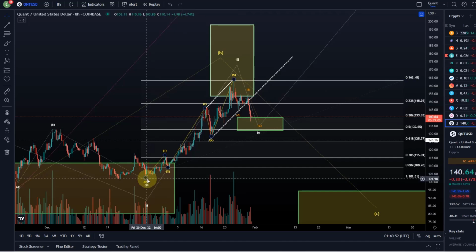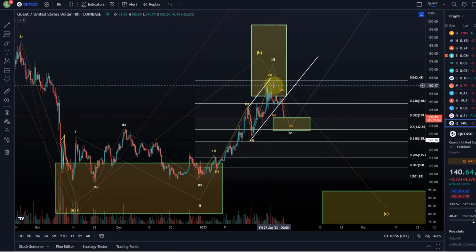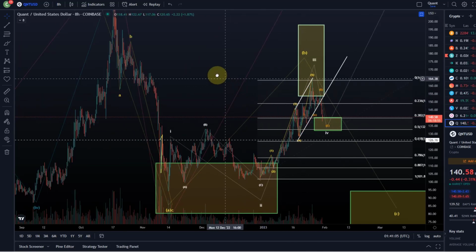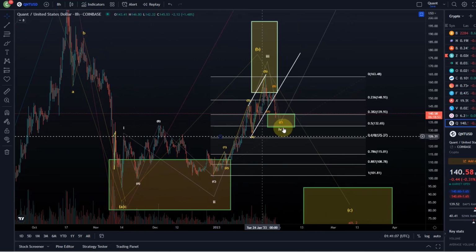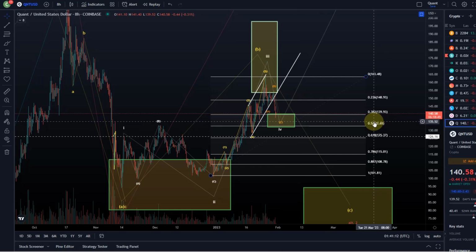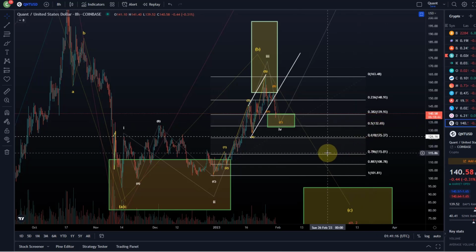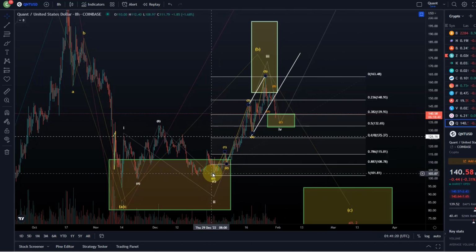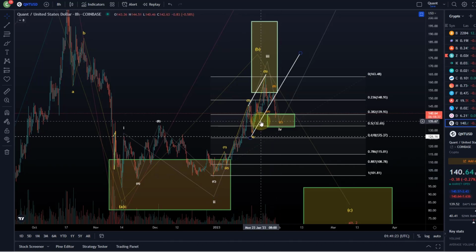Off the low here, which was around $100, we had an impulse in a possible wave 3. It could also just be an ABC, and therefore we just need to see: does this support area now hold? In the bullish scenario, this is a relevant support area for a wave 4. We should not drop below the 50% FIB retracement at $132. If we do, then this imminent bullish scenario is invalidated.